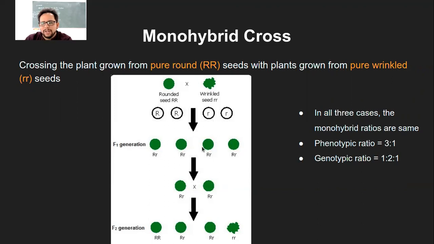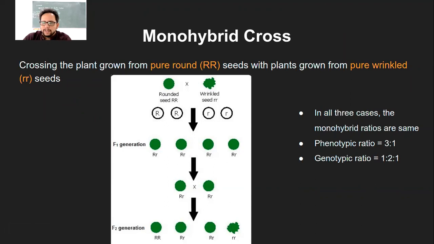And then again, putting any of these two in the next cross for F1 cross, you get F2 generation where the phenotype ratio is 3:1, that is 3 rounded seeds, 1 wrinkled seed, and the genotype ratio is 1 homozygous dominant to 2 heterozygous to 1 homozygous recessive. So that is the genotypic ratio 1:2:1. And this you will get with all the other crosses.